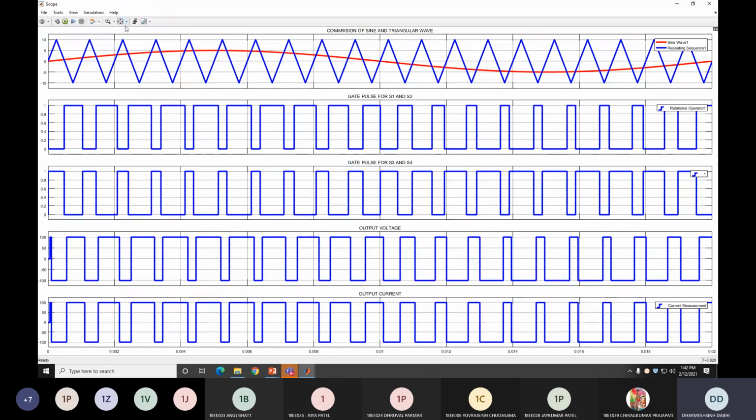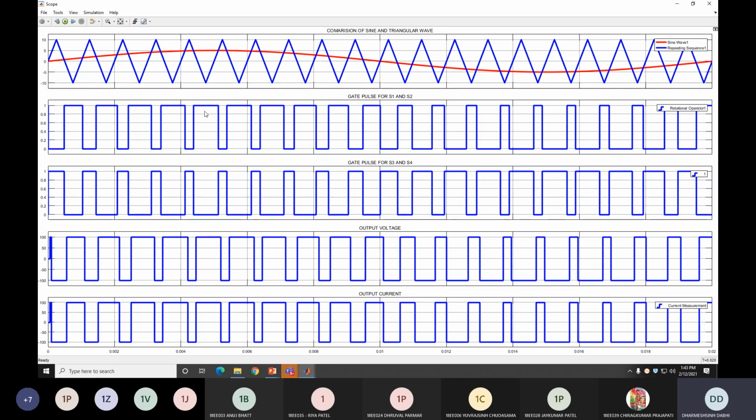So now you can see that the peak of the sine wave is almost half of the peak of the triangle wave. Peak of the sine wave is 5 and peak of the triangle is 10. In this case, the sine wave is greater than the triangle wave between these two points, around 90 degrees. So you get this width of gate pulse. Clear? But suppose your sine wave peak is nearer to 10, but below 10.